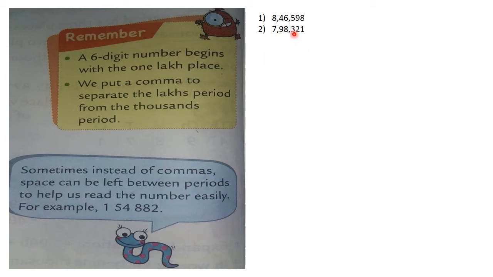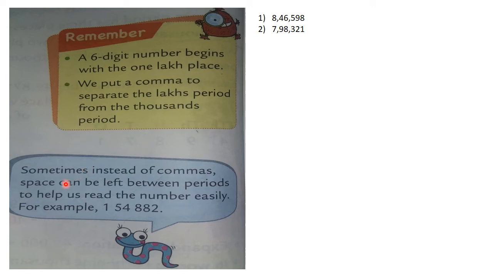The second example which I have taken for you, even the first one goes for the same. You can see that I have put commas so that it is clear that 1's, 10's and 100's are the place values which come under the 1's period. 98,000 will be there in the thousands period, and then 7 is in the lakhs period. That is why we have put commas, so that you can separate the periods.